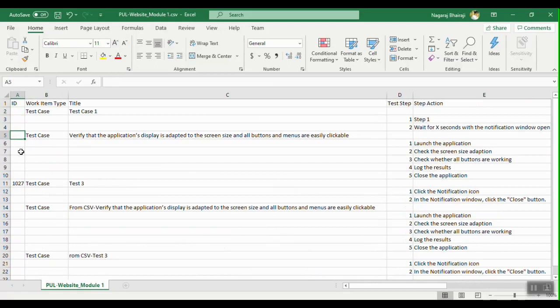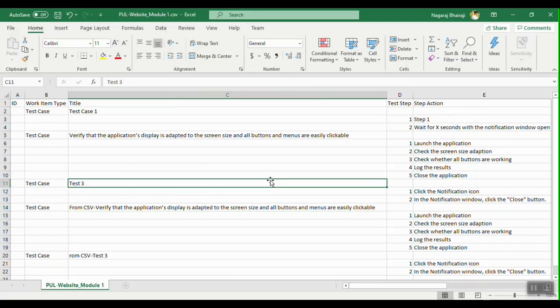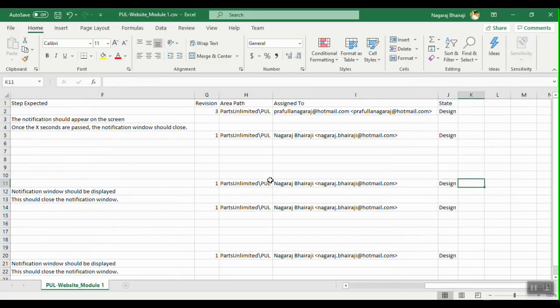Let me take this one. Okay, and let's assume this is the new file, and I'm trying to upload it back. I mean, I'm trying to import these test cases. So maybe I'll change the state to ready, and this one to closed.